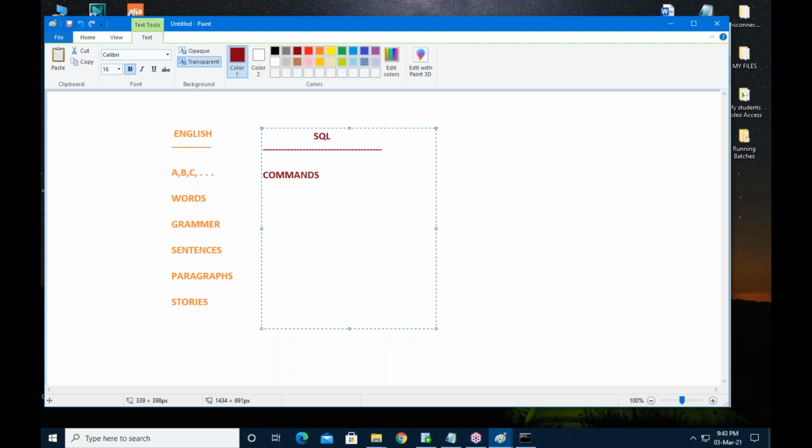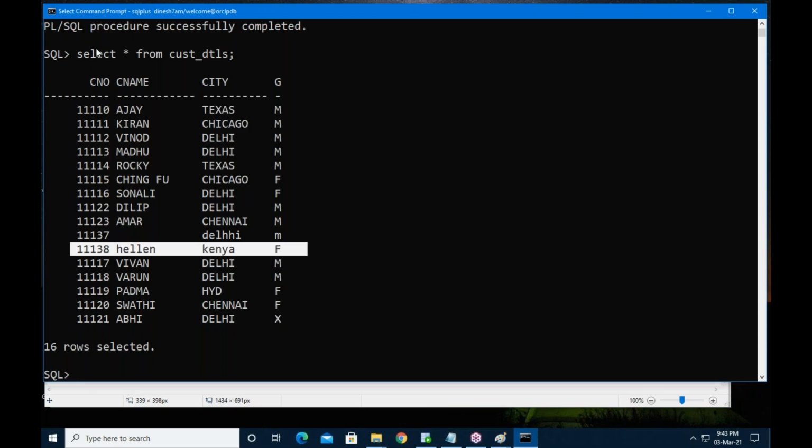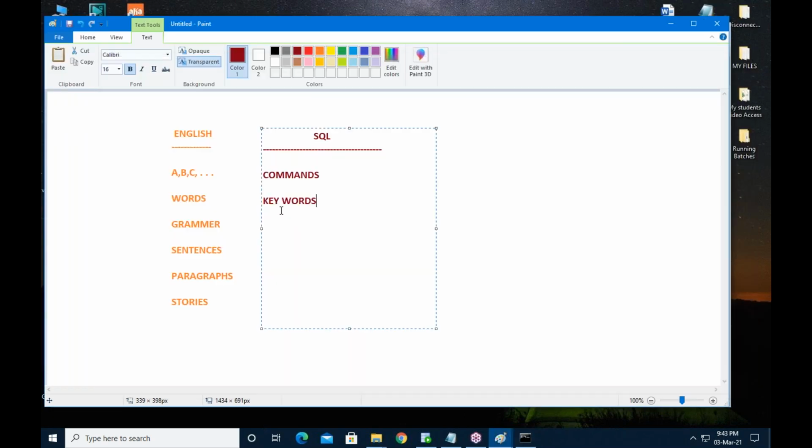Next, we are learning about keywords. Select star from. See here, guys. Select is a command. From is a keyword. Without the from keyword, there is no select command. So for every command, there is some keyword.